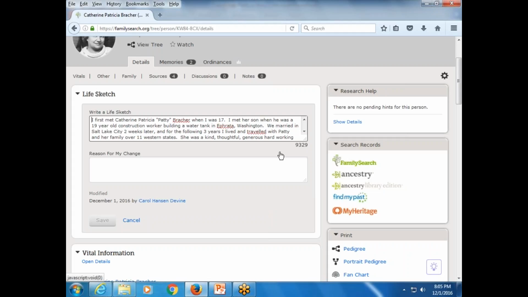My mother likes to put in historic events and family tragedies that occur during a person's life, and innovations, and the zipper was developed during this person's lifetime. She saw this and she saw this and they lived this. She likes to go into a great deal of detail because she's afraid that her memories will be lost. And there's nothing wrong with that. Just be aware that if you're going to go into that much detail, you need to get that thing started in here, save it, and then come back and edit it. And then you can work on it